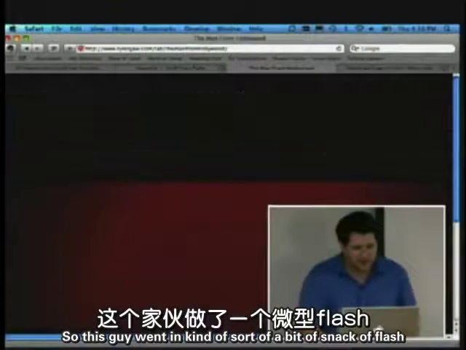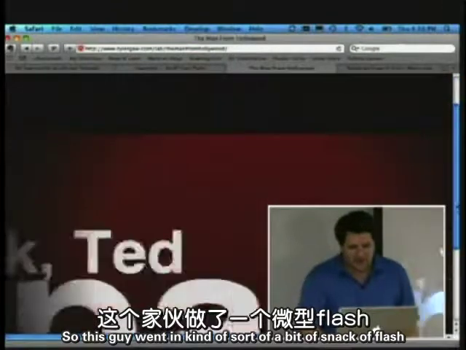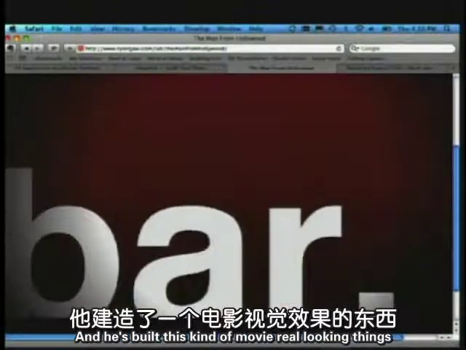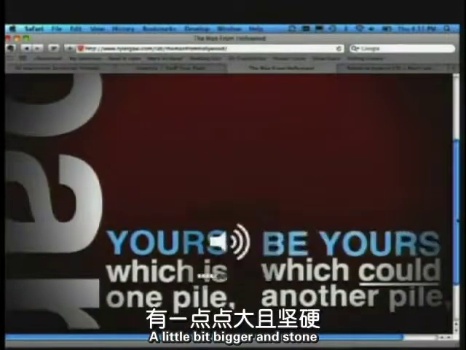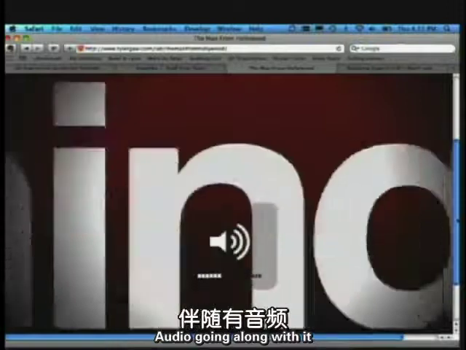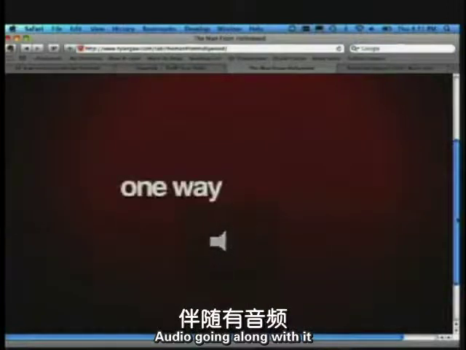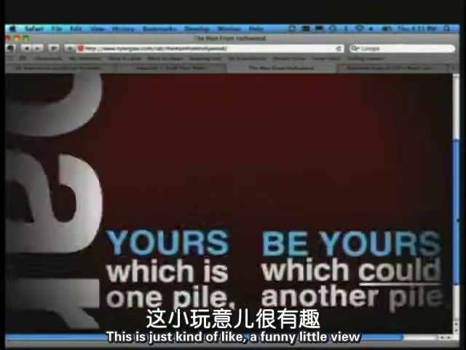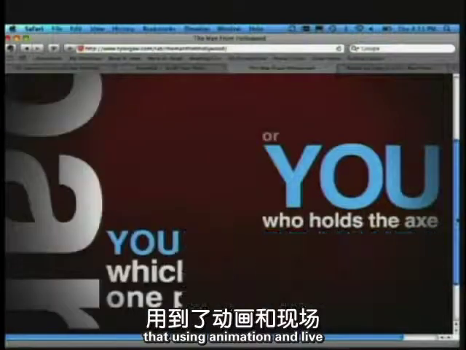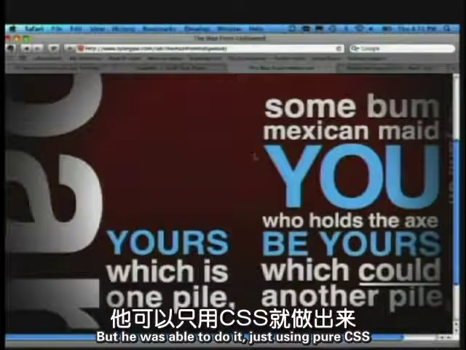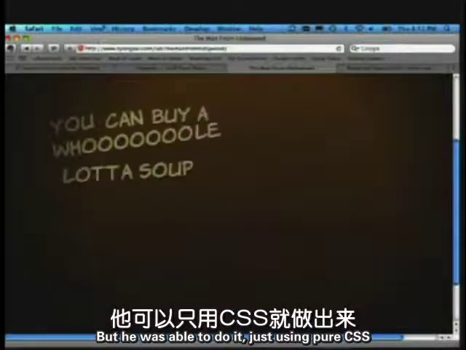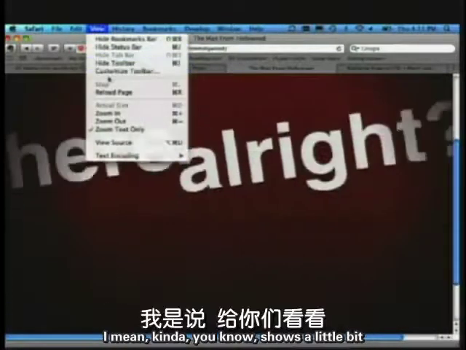So this guy went and took a bit of a snap at Flash, and he's built this movie reel looking thing. It's a little bit bigger, and it's got audio going along with it. It's a fun little view that's using animations and the like, and it's something you typically do in something like Flash, but he was able to do it just using pure CSS, and it